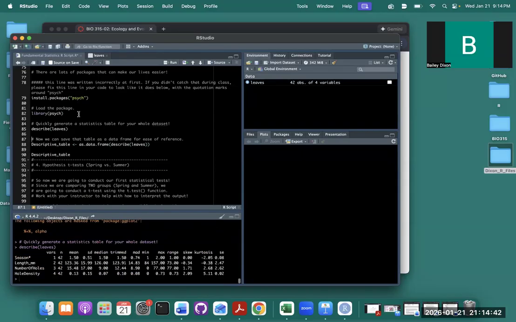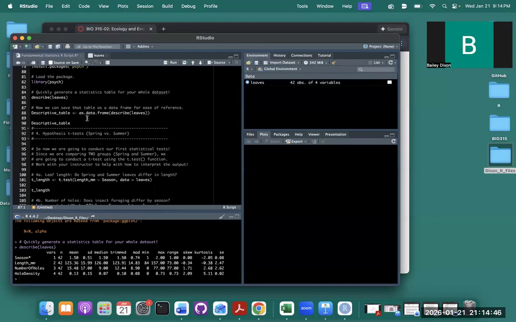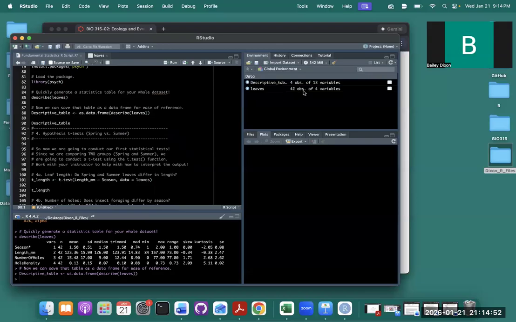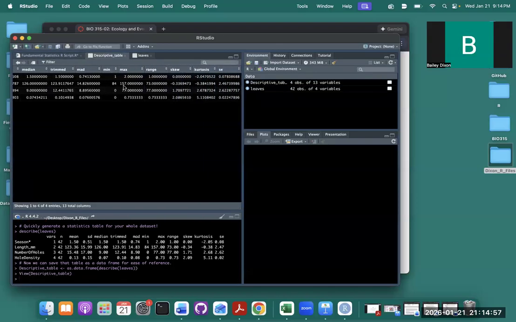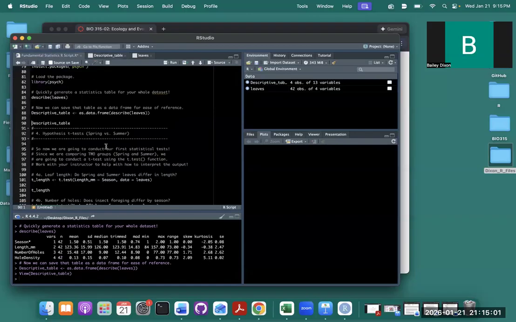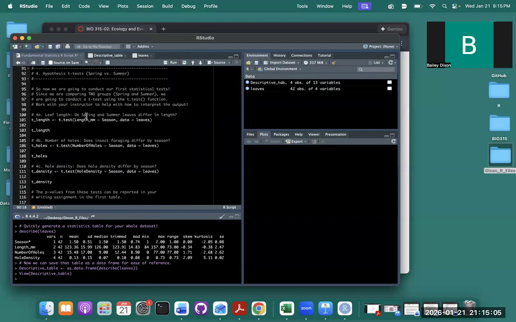And now we can see a whole bunch of statistics. And we can save this as a data frame here. It just makes it easier to look at as opposed to seeing it down here. And now we're going to get into